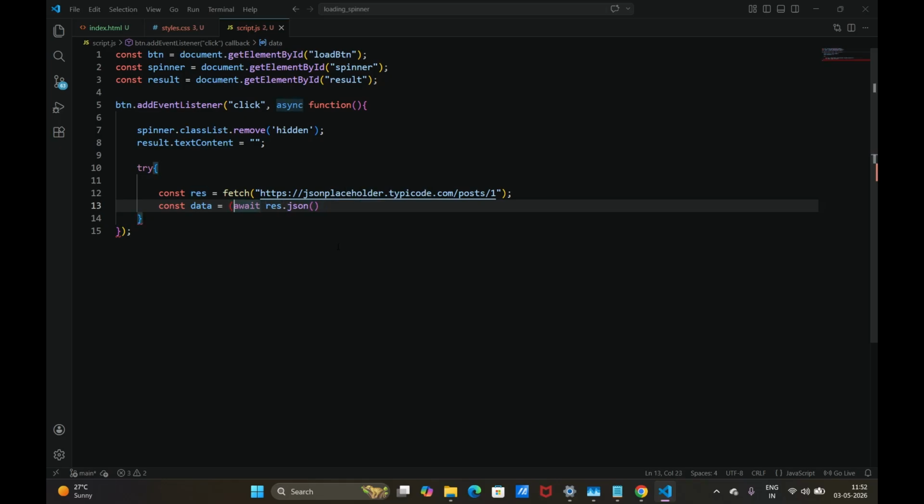This is what I am doing, the same mistake you can also make, so you have to be aware of that. I forgot to use await. And then